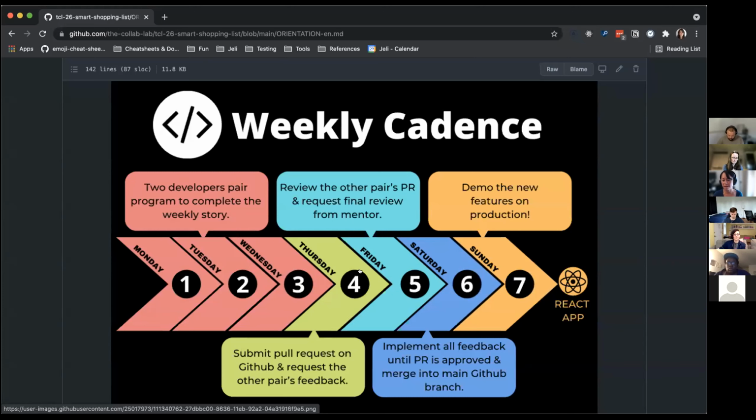from TCL. It's not exactly what you would get in a real workplace, and there is a reason for it. So the recommendation here is that we want to give you 3 days to work on your story and then review other people's PRs. The way this is visually laid out, it seems like you don't review the other pair's work until you finish your work. And this is the part where I would say, no,